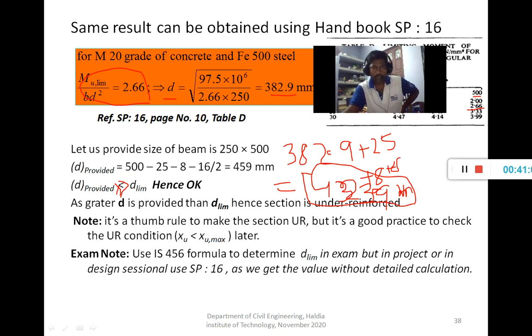So that's why higher sections are used, and 459 mm is the effective depth and the overall depth is 500. Now the interesting thing is that when we use a greater D than D limiting or balance, the section becomes under reinforced.